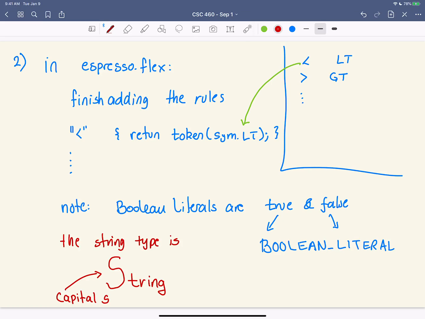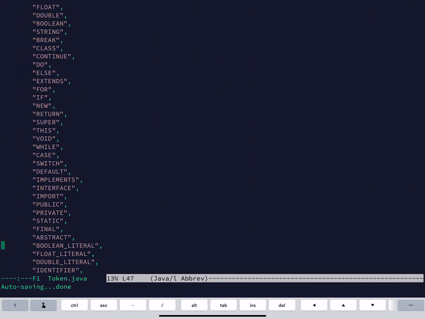Although in Espresso, strings are atomic or primitive types. But when you put that in, make sure you put it in with a capital S.